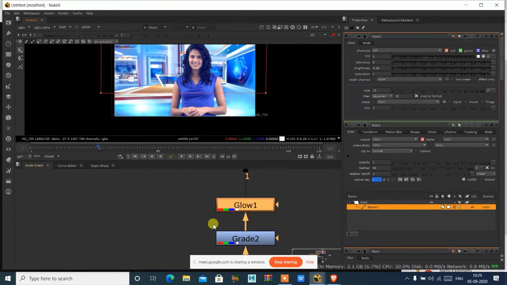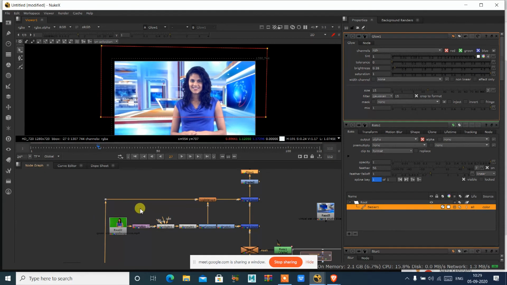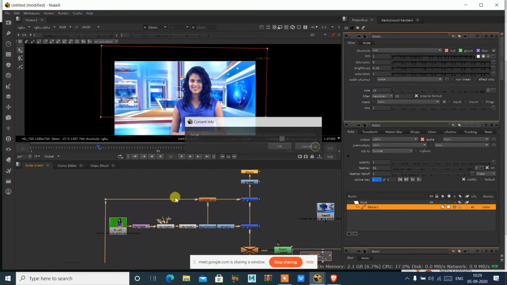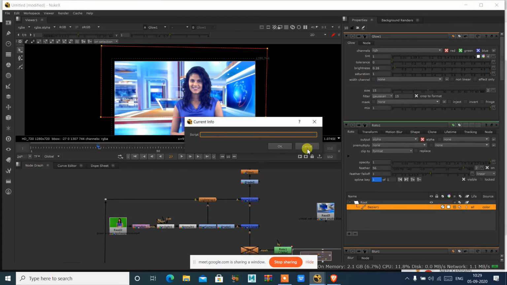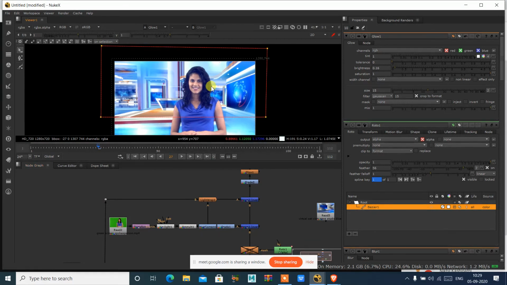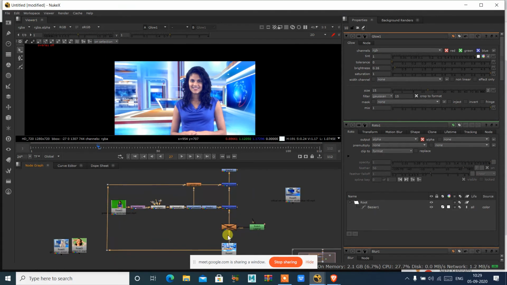Okay, so Q is a shortcut for switching off this outline. When you press Q on the keyboard, you have to click on this node. If you click on this node, the script is going to open. If you click on this and press Q, it will hide whatever the overlay is there. So we have this now. This also disable.